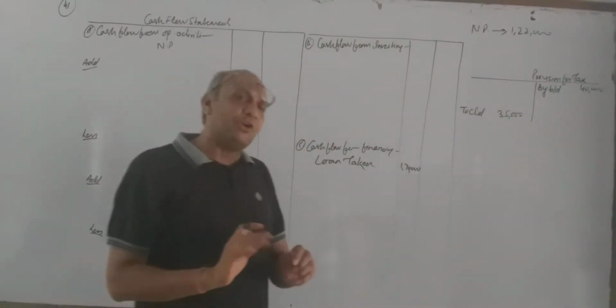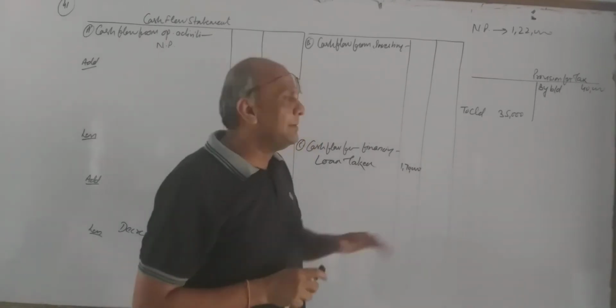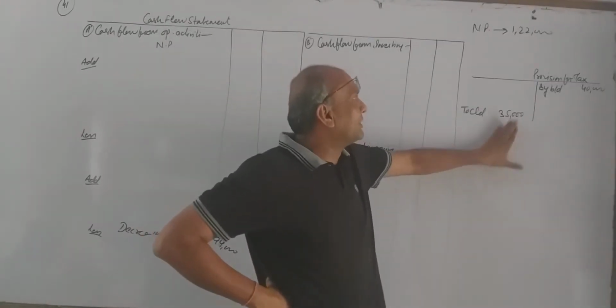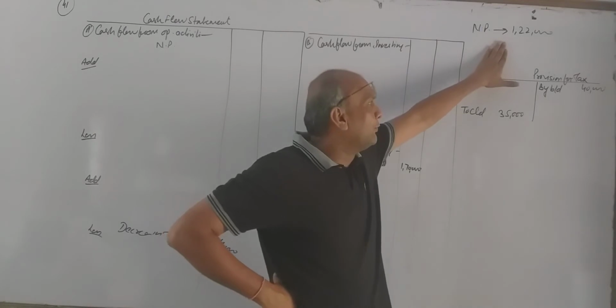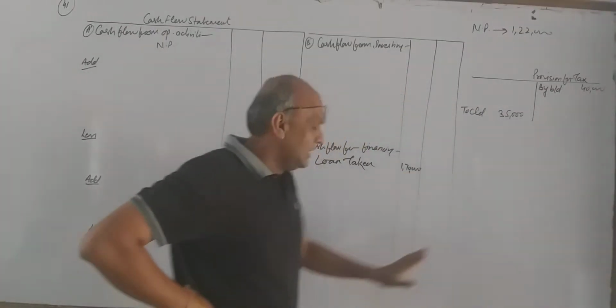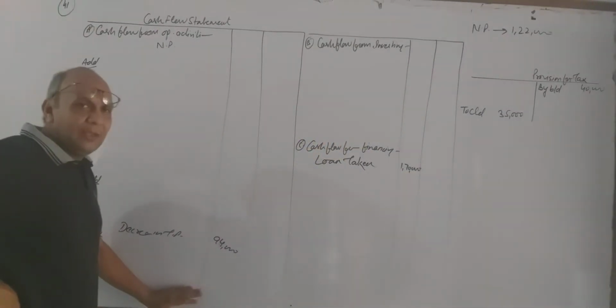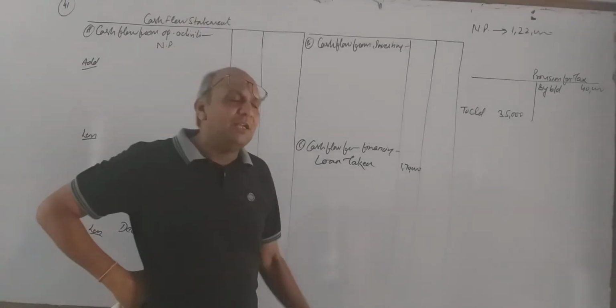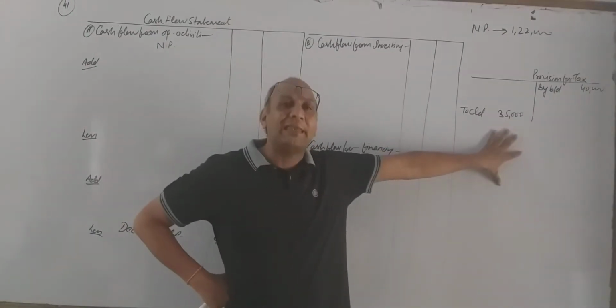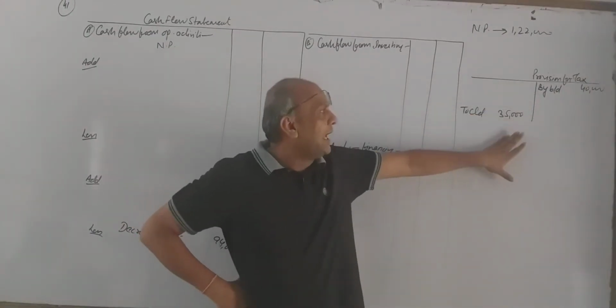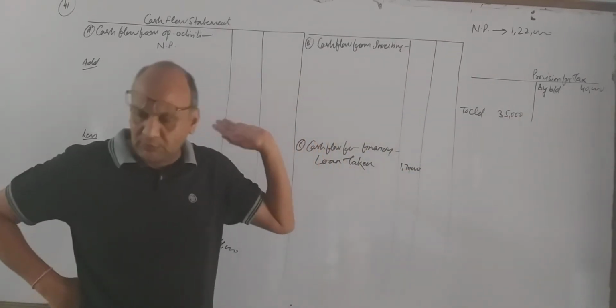If adjustment is not given over here, the treatment is simple. Current year provision for tax we are going to add in net profit. Last year income tax we are going to pay here. But here we have given adjustment, that's why we have made the ledger. Please do not carry any of the items in cash flow now.